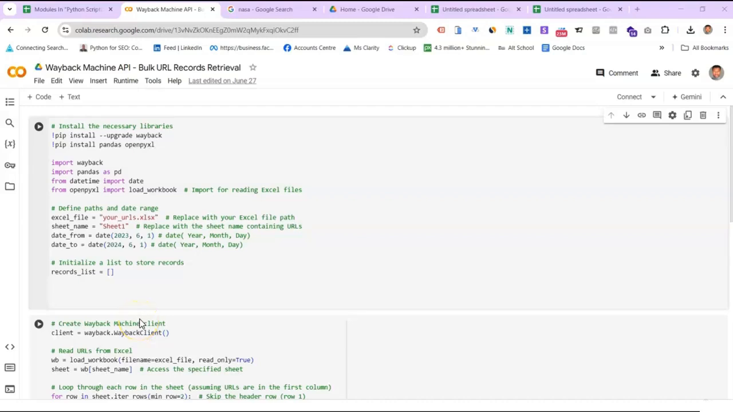So this is the Python script that we will be using to query the Wayback Machine API. It has been extensively annotated so that you can understand what every single line of code was written to achieve. What is required for it to work is that you feed it an Excel file containing all of the URLs